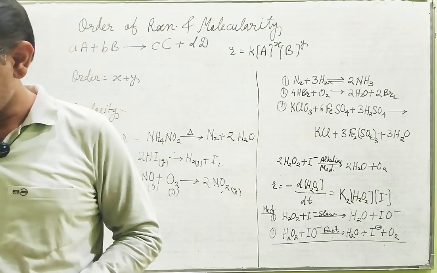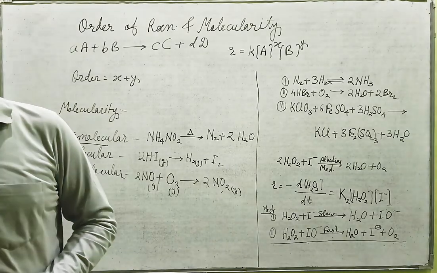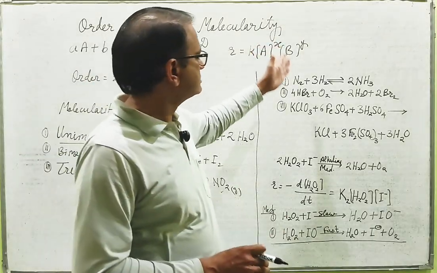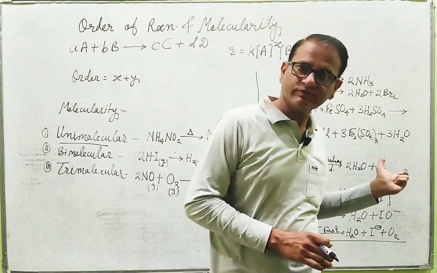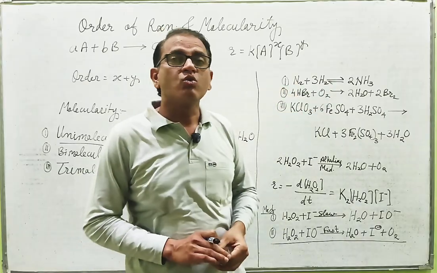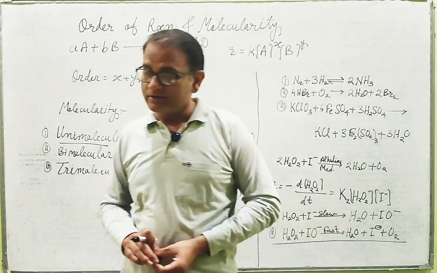The chemical reactions which proceed through more than one step are called complex reactions. Which means these are all complex reactions. Complex reaction means these happen in more than one step. So let us see